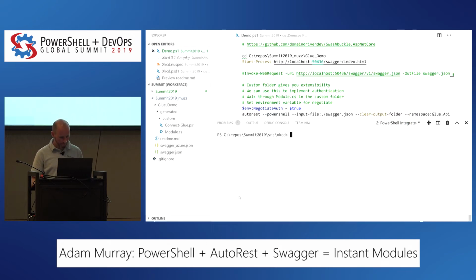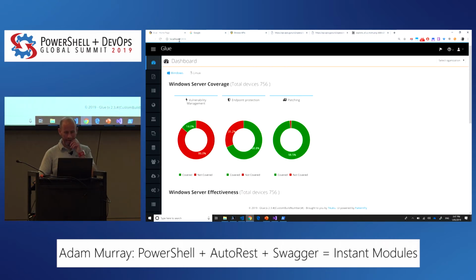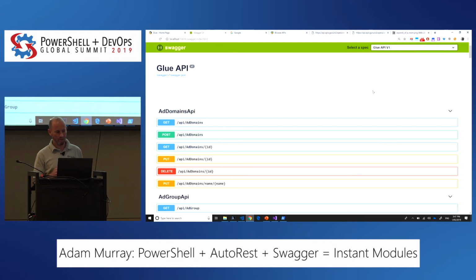So I've got an app running locally, an instance of my application for my company. It's built on ASP.NET, an ASP.NET Core application, and we use a package called Swashbuckle, which automatically generates our OpenAPI doc for us, and it also embeds the Swagger UI into our application. So in the same way that we were looking at the pet store previously, this is actually our application. We're looking at the endpoints and the spec that's available for our app. I could click on this link and get a full copy of the spec from our site,